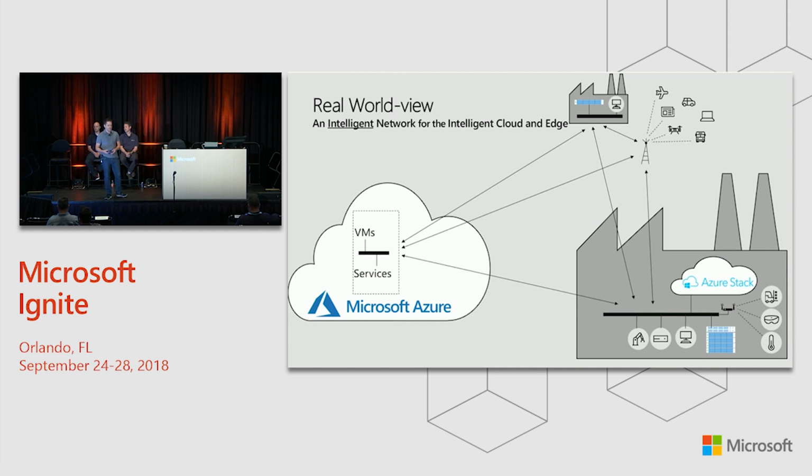You may have things out in the field that are connected via cellular, and they need to be able to connect to what you have running on premises. But all these things also need to be able to talk to these functions that are running in Azure as well. And so you have all these cross connections that need to take place.